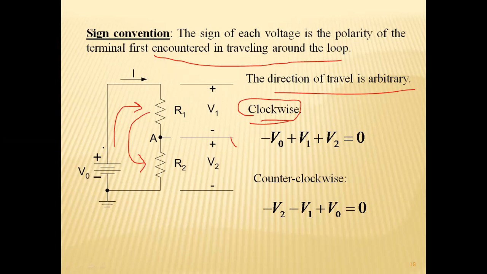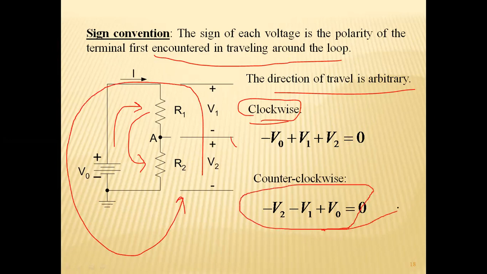And for the counterclockwise direction, usually we will follow from here, from negative to positive. We will follow in this fashion. This is counterclockwise, so for the counterclockwise direction, these are the equations. So we have got two equations, one for counterclockwise and another for clockwise. Then in total, the final equation we can write is V0 equal to V1 plus V2.